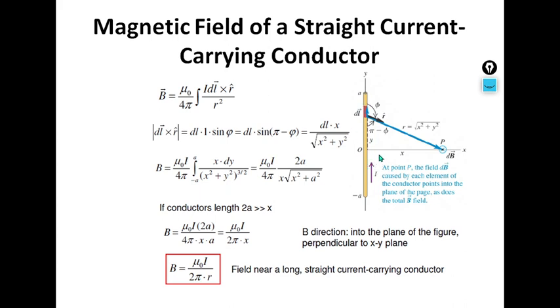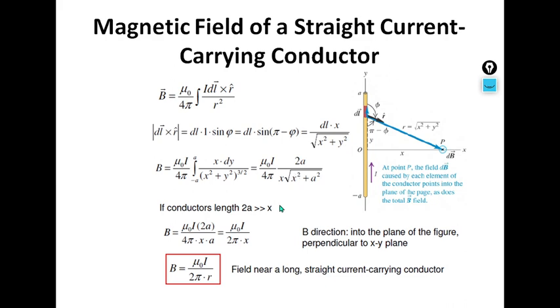So we can find out the magnetic field strength. Now if I want to find it out near to this conductor, then what I can say is that this is a 2a distance. So this 2a distance is now very high compared to this x. So I can neglect x.